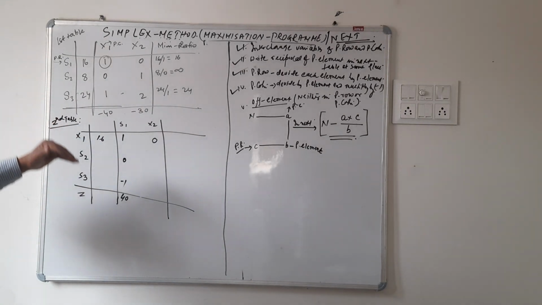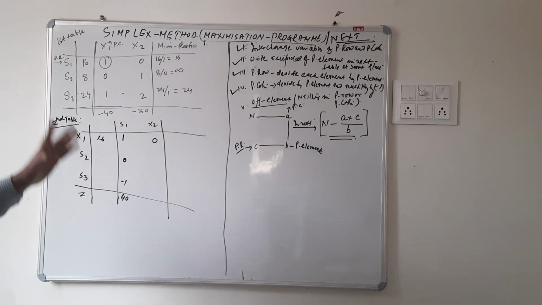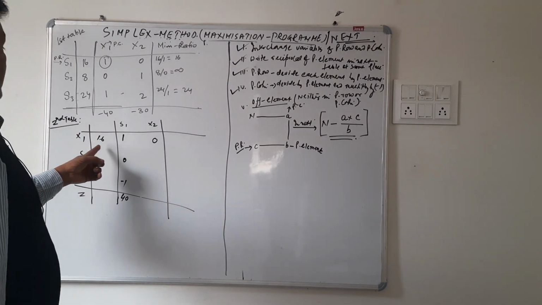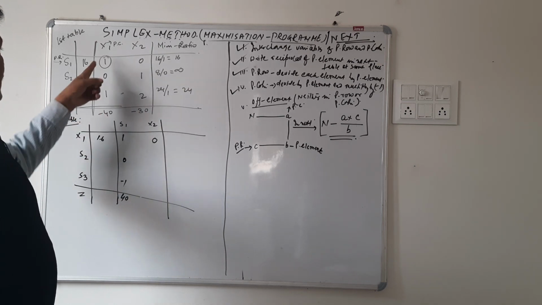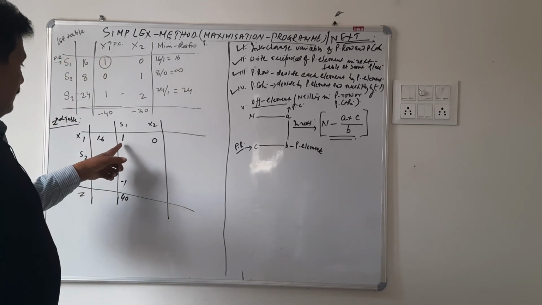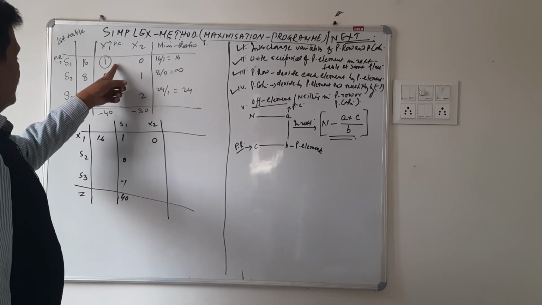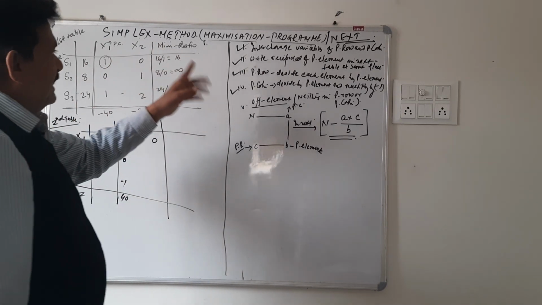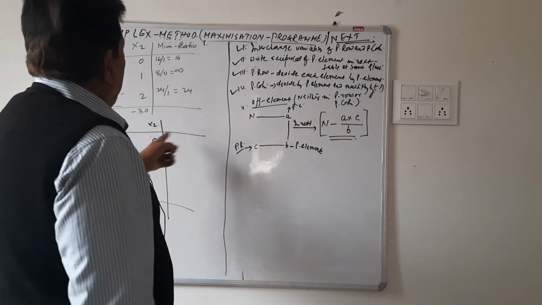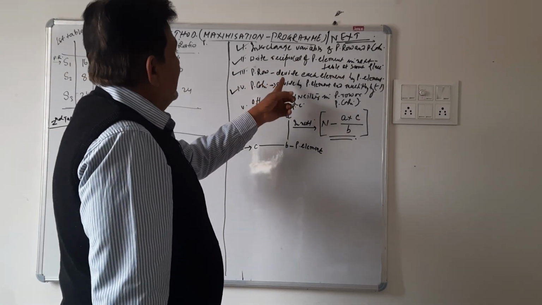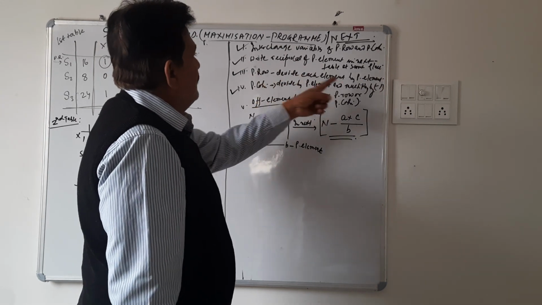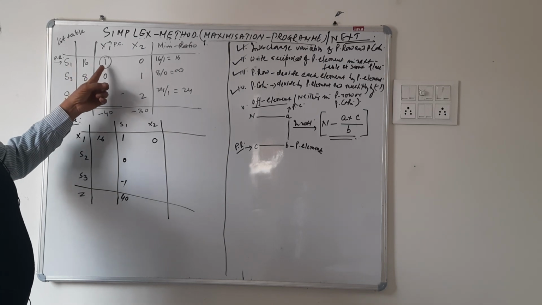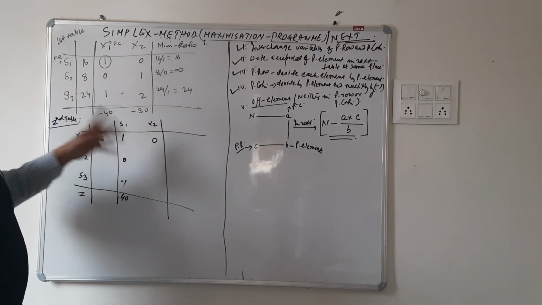So, from first to second table, or in the next table, first we interchange the variables, then we take the reciprocal of pivot element. Had it been 4, here we would have written 1 by 4. Had it been 3, it would have been 1 by 3. It is 1, so reciprocal of 1 is 1. Third, we do some operations in pivot row. What we do? We just divide each element of pivot row by pivot element. So, each element of pivot row has to be divided by pivot element, 16 by 1 and 0 by 1.